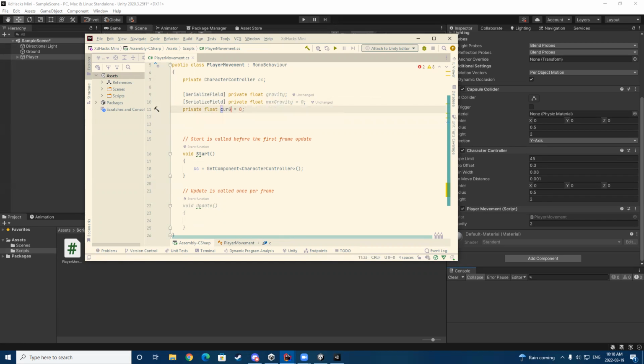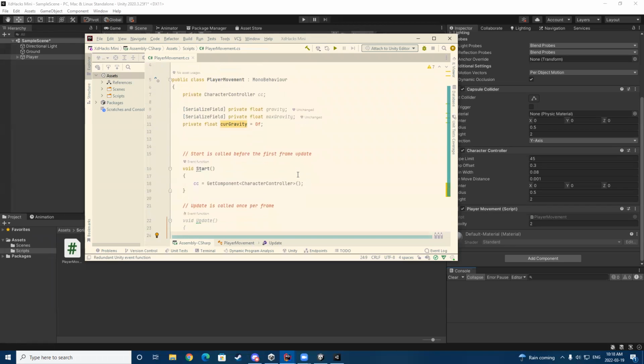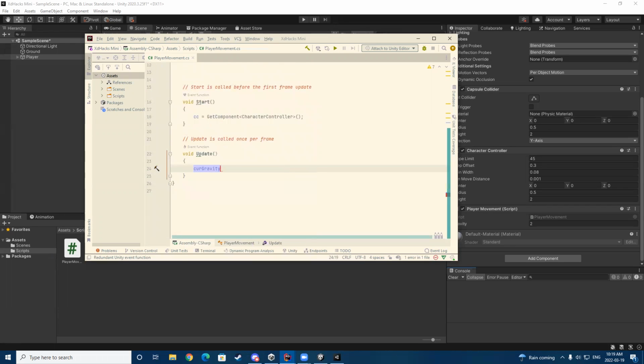We can say current gravity. This is the gravity that we actually care about. The 0 doesn't matter, but I like to put the F there because it's a float. So we set that to 0. Never mind. So on update, current gravity is always gonna minus equals